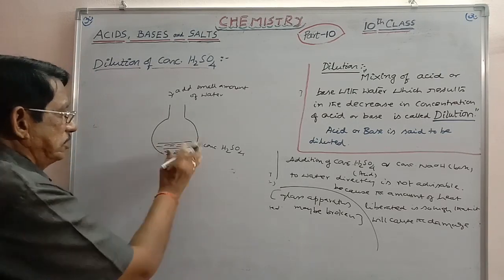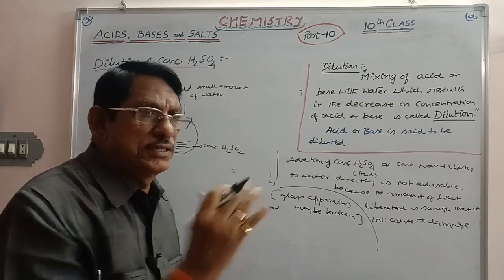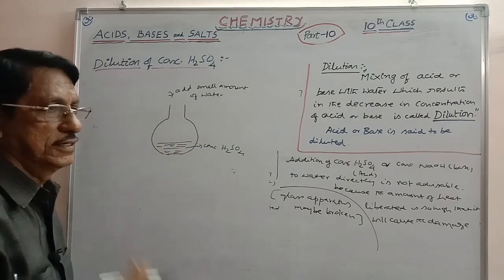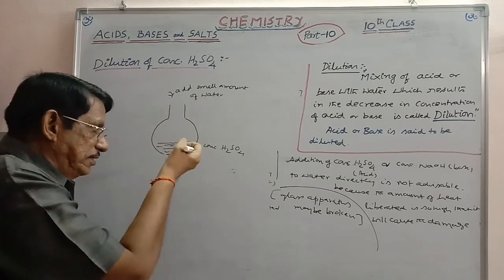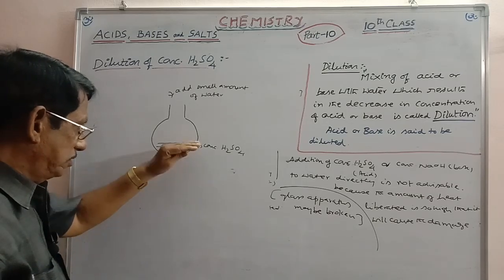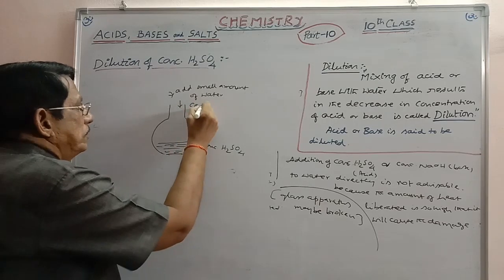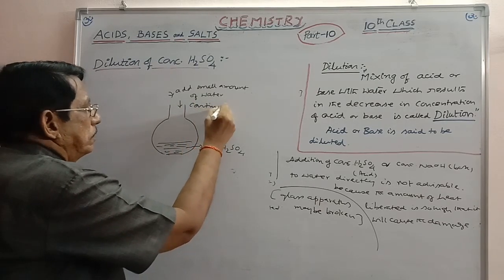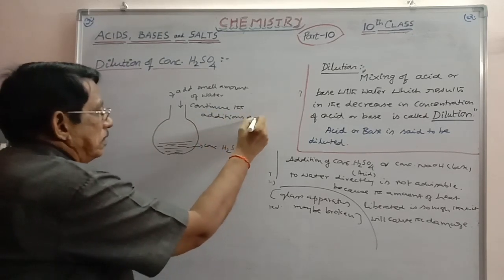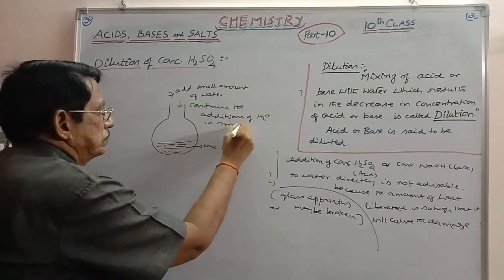It is better to cover this area with a wetted cloth. The round flask is to be covered with a wetted cloth, so that the heat will be absorbed by this wetted cloth. It will be cooled once again. Later, you have to continue the additions of water in small volumes.